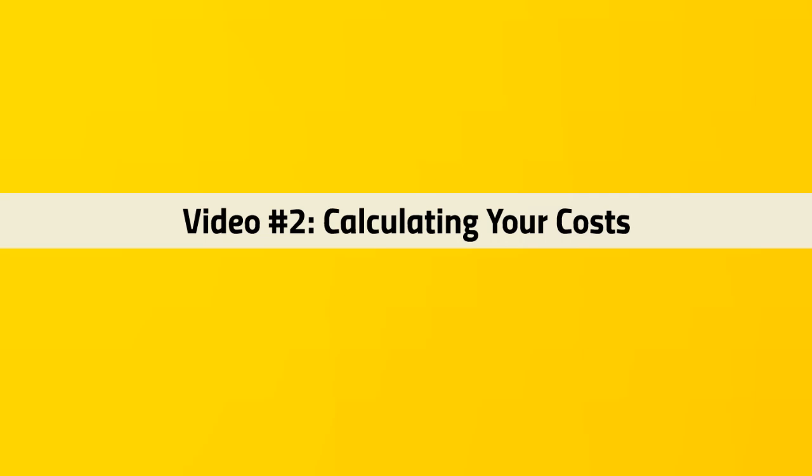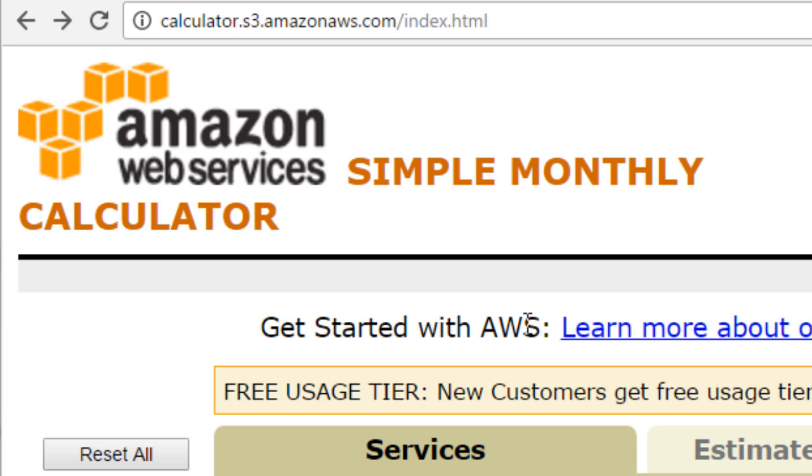Hello and welcome back to video number 2, which is calculating your costs for your monthly budget and potentially your yearly budget. Okay, so now what we want to do is head on over to calculator.s3.amazon.aws.com/index.html. Once you enter that, you will be sent to this page, and we can begin to budget your